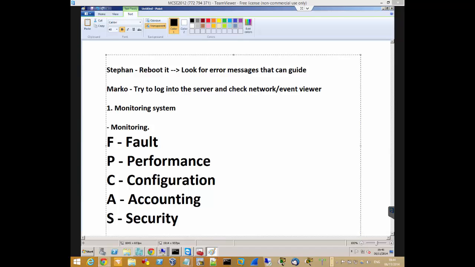So in your environment, there are lots of them. There are even free ones, like Nagios, which can be difficult to configure, or Zabbix. And then you have the easier to configure but very expensive ones like SolarWinds and lots of others like that. Those are the things you use in your environment rather than something like performance data collector sets and reporting from Performance Monitor.